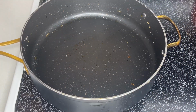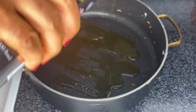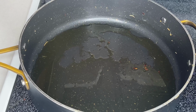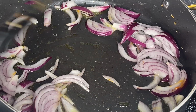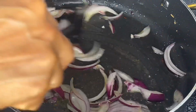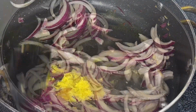Alright, so now we are going to start making the vegetables. So I'll be using olive oil again to grease the pan. Alright guys, let's get our veggies going. So I have my chopped onions here. I will get them into the pan. Alright, so I'm going to stir nicely to saute. I'll be sauteing this for 1 minute. The next thing, I'll add some ginger. I need some spiciness. You stir